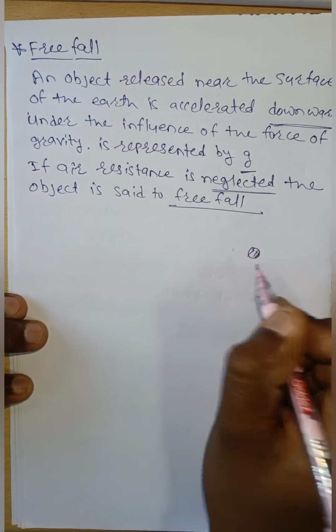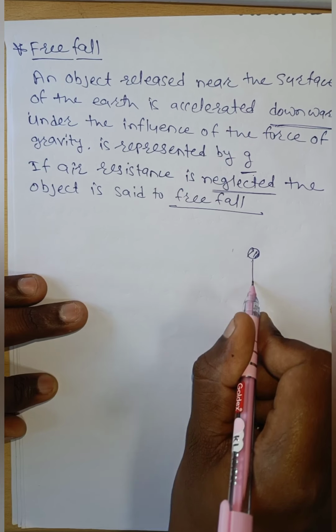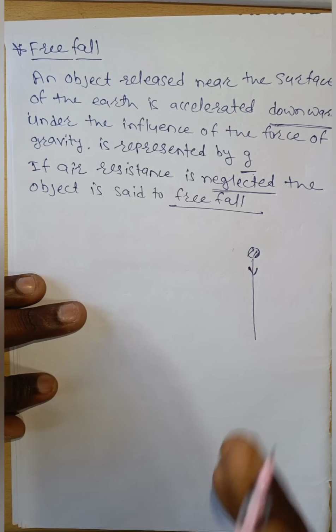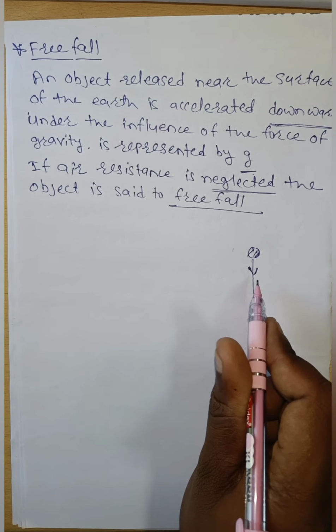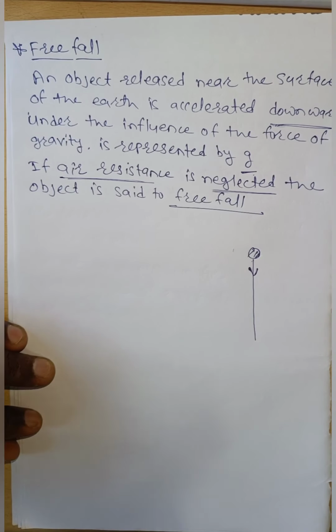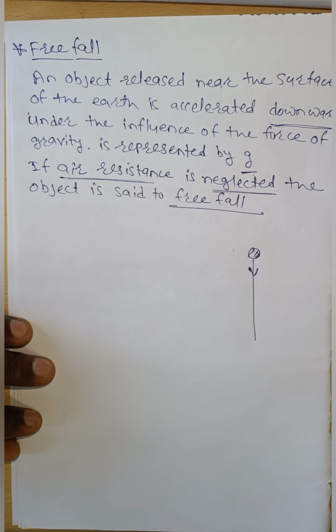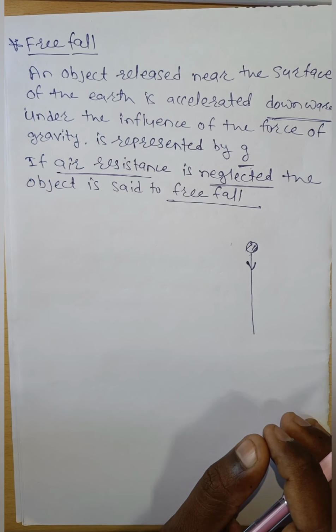Suppose this is the object. Now we have to release that object. Now the object will move in a downward direction, means the object will fall in a downward direction. In that case, some opposing force will be generated which opposes the motion. That opposing force is known as air resistance. We have to neglect that opposing force. Then the body will be accelerated in a downward direction. You know that acceleration due to gravity is always in a downward direction. In that case, acceleration a is minus g.